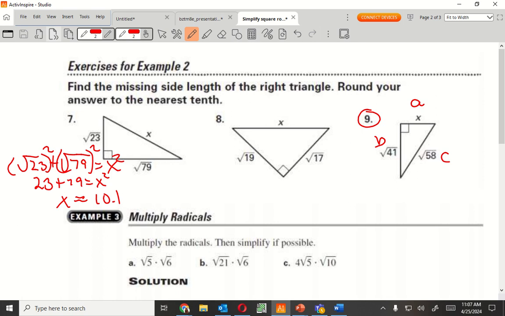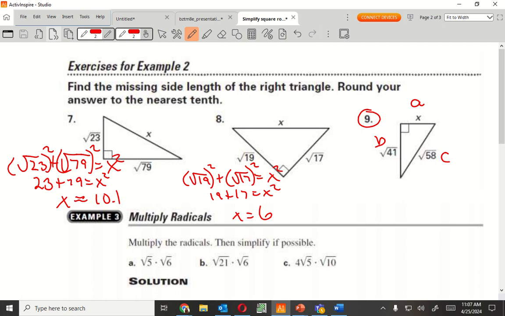Next one right here, this is going to be 19 squared, 17 squared equals x squared. 19 plus 17 equals x squared. X equals exactly 6. Right? Okay, good. Now this one over here, I'm going to go to another page so I can actually show all